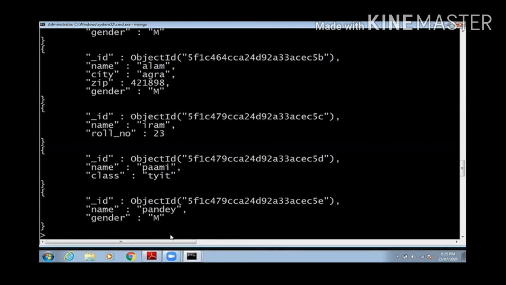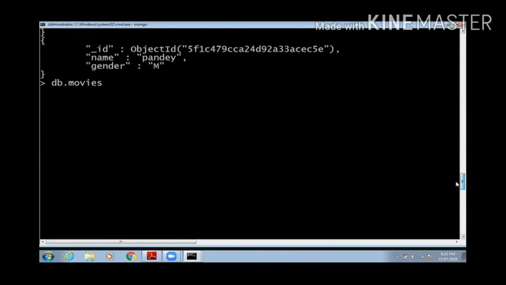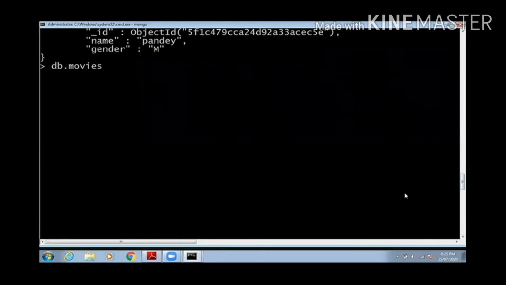So I had covered 3 ways to insert. First one, directly JSON documents. Second one, creating the JSON document and then inserting. Third one, inserting multiple documents in one go. So that was all about creating the database, creating the collection. Now we are going to insert a document without creating the collection. That is also possible in MongoDB. If you are not creating that collection, the collection will be automatically created and the document will be inserted.